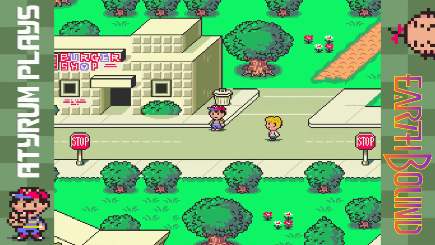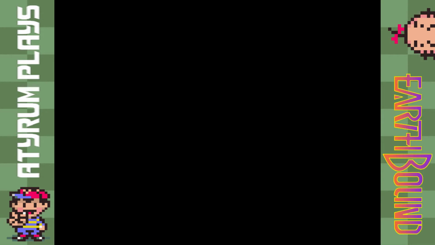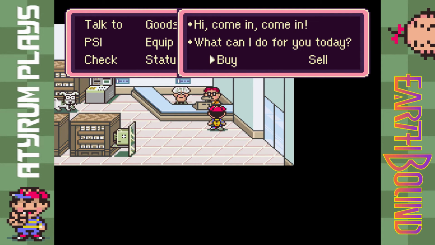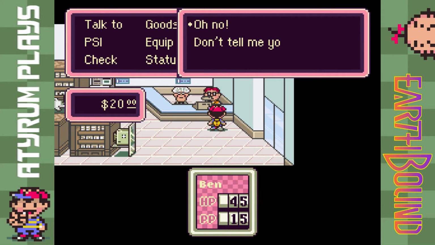But before we end this episode off, let's go ahead and run over to the drugstore, which is, interestingly enough, the place where you buy all your equipment. Okay, but anyways, so we're going to go ahead and buy, let's see, a T-ball bat. When an item is better than the one you have equipped currently, it'll start flashing like that, and that means you can go ahead and buy it and equip it there. And they'll also let you sell...